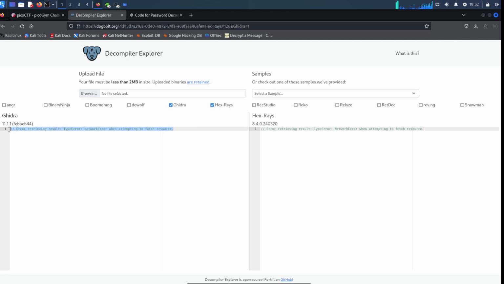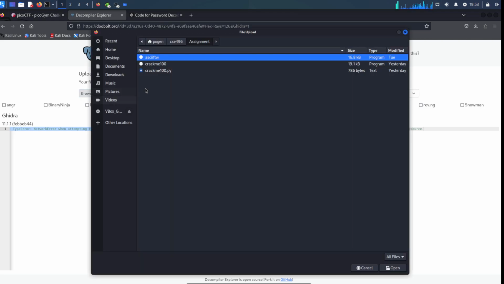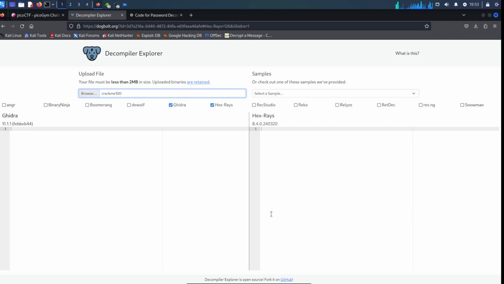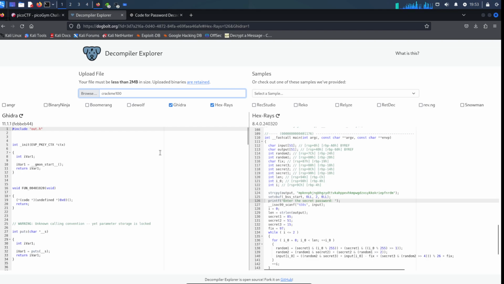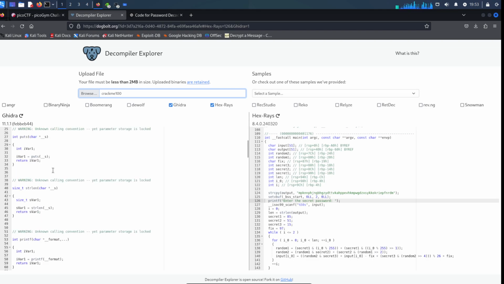So if I just paste it here, okay, so let's browse this. I guess I have to browse it. Let's open it here. Yeah, so it gives us the Ghidra code that we saw in our Ghidra, and also it gives us the